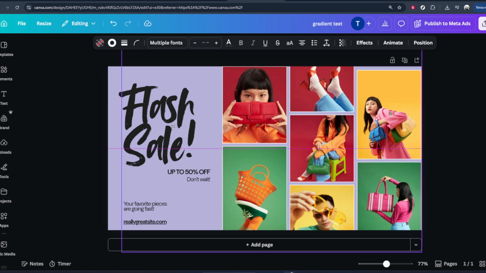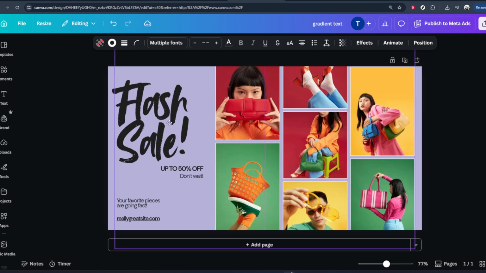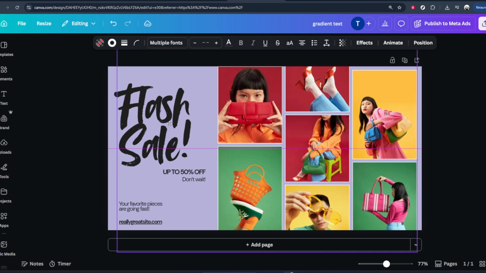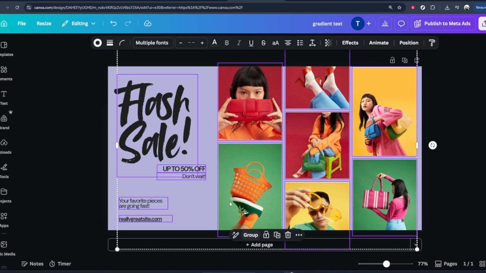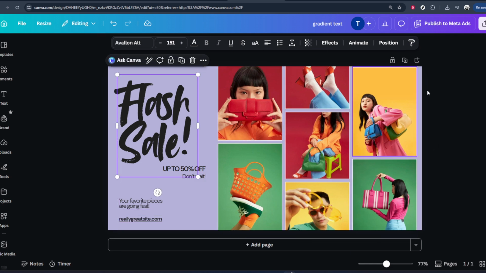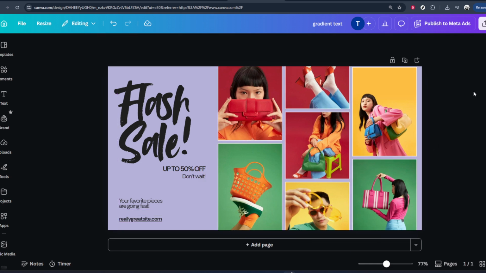As soon as you do, Canva will separate that group back into individual elements. You won't see any dramatic animation, but you'll notice that if you click on one part of the design now, only that single element is selected. The bounding box will surround just that item instead of the whole collection. From here, you're free to move each element independently, change colors,